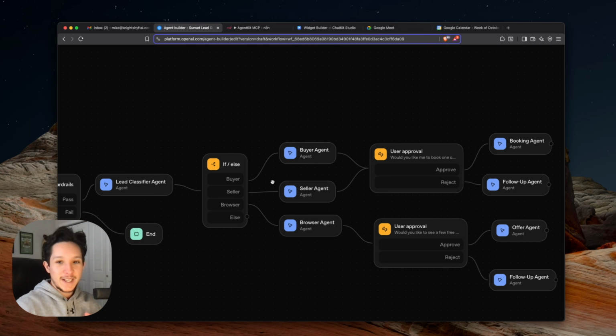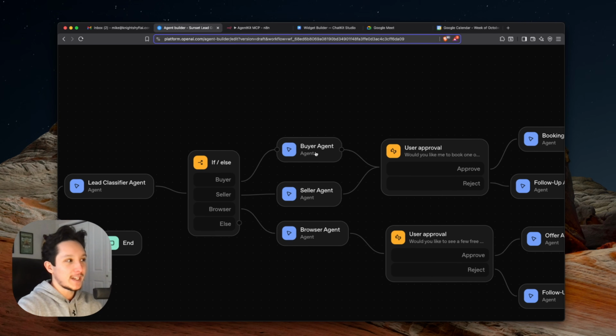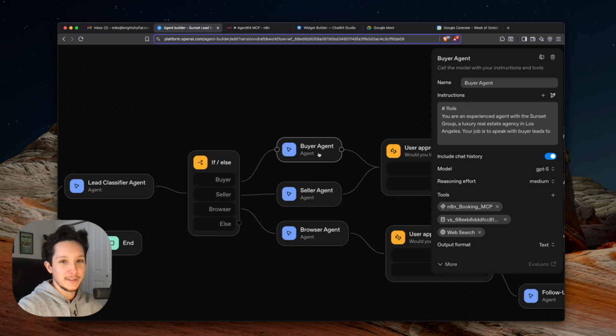And now because everybody has different ways of handling every individual lead, in this case for this agency, we want to handle buyer and seller leads differently from one another, so we'll have a specific agent dedicated directly to answering these specific questions. So all of these agents that I've set up here are relatively simple, but let me take you through each one just so you guys can get a better idea of what's going on behind the